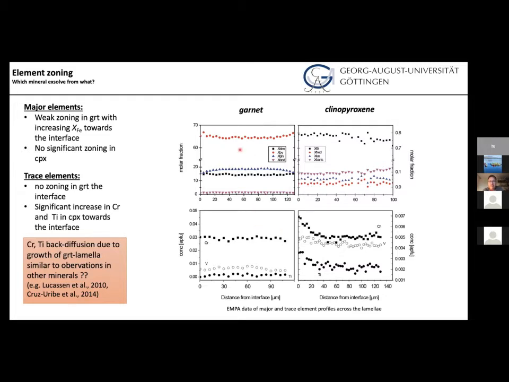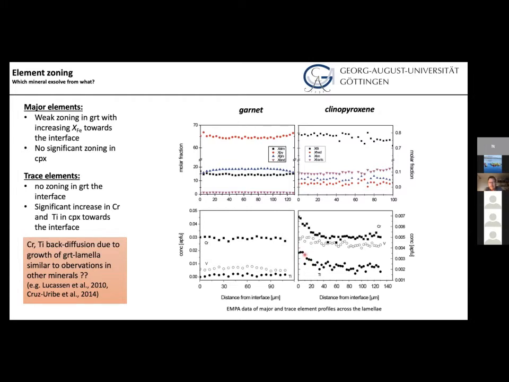So looking at the major elements, this is quite boring. The clinopyroxene doesn't show a lot, basically nothing significant. We do see some zoning patterns in the pyrope component, in the grossular component, as well as the almandine component. More importantly, we do not see any zoning patterns for the chromium or any trace elements in the garnet, but we do see this remarkable zoning in chromium and titanium